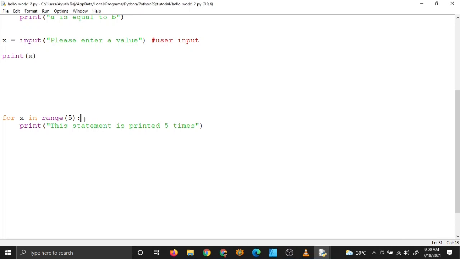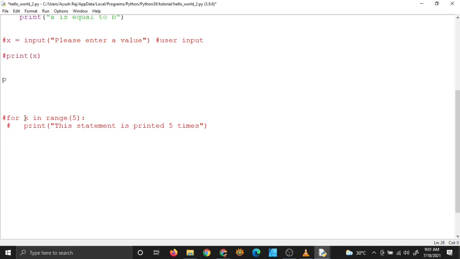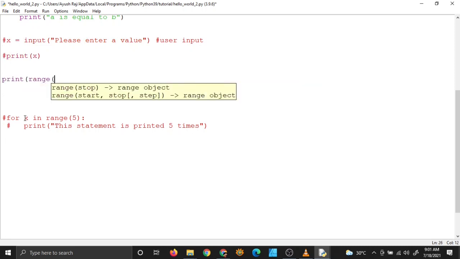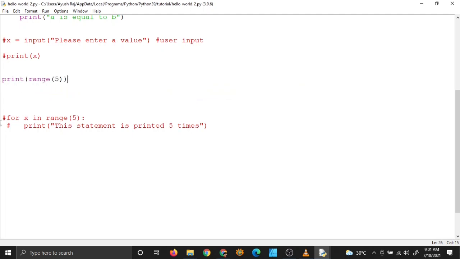Range statement will simply return an array of numbers. Let me print what exactly the range statement is returning, so that we can be very clear about it. So let me put these in a comment, because I don't need it right now. Right, so let me just print range 5, just to make sure what this is actually returning.